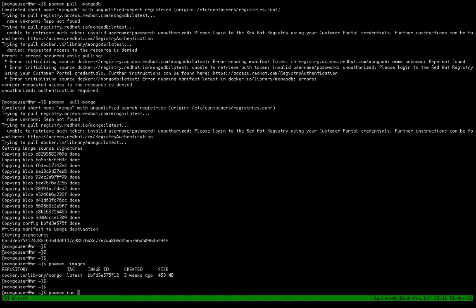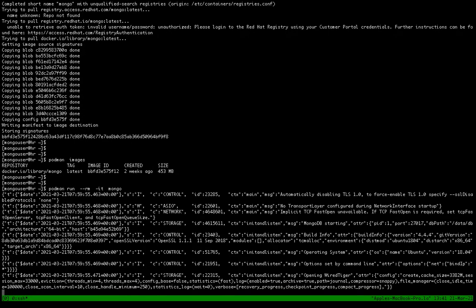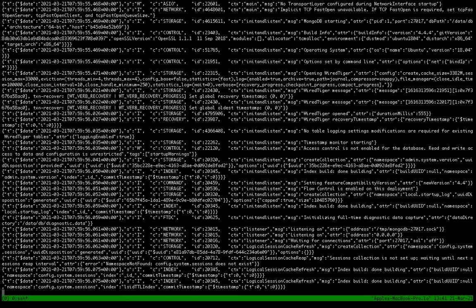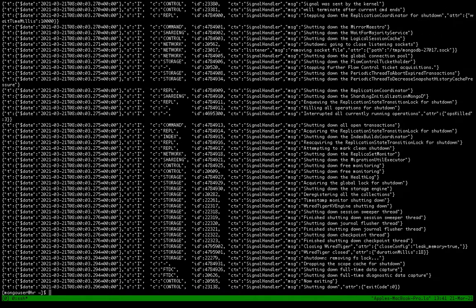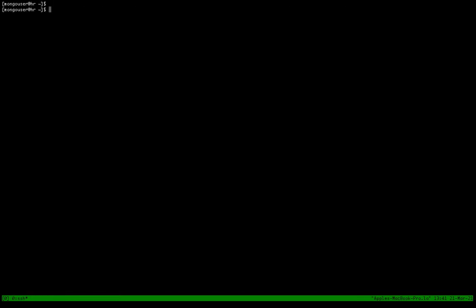We'll run it, remove it immediately, and I will run it interactively, and we will not do any port mapping. Just type mongo. So it is running. Definitely it is running. So we will now create a good container out of it, but before we do it,